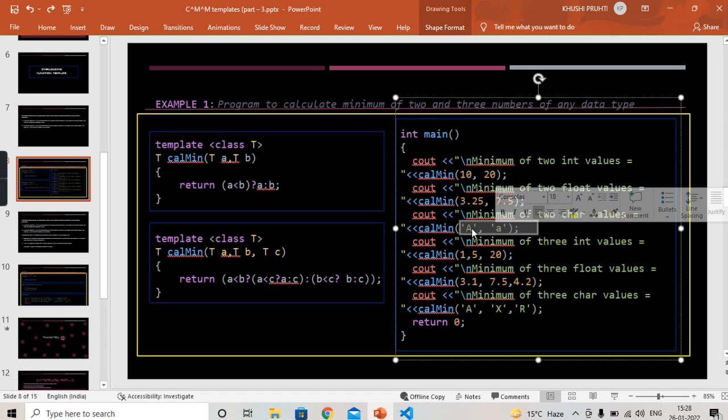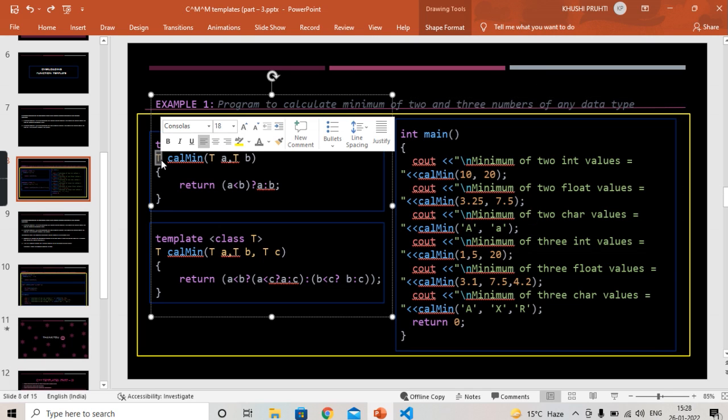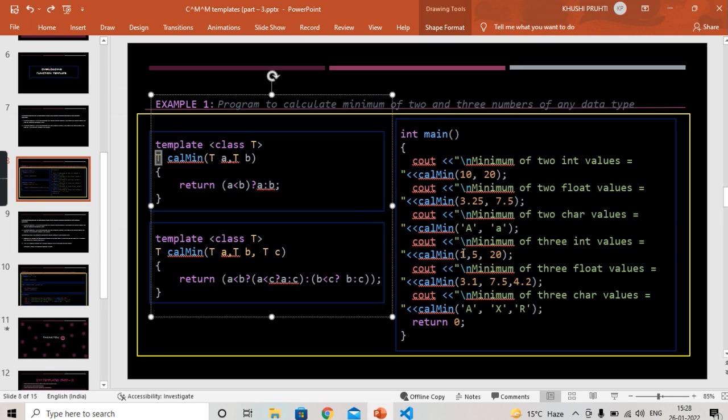Alright, and the ASCII code of capital A is 65 and small a is 95, so 65 is less than 95, and here the return type is char, so 65 is not returned. Instead of 65, capital A will be returned. Okay, so here now